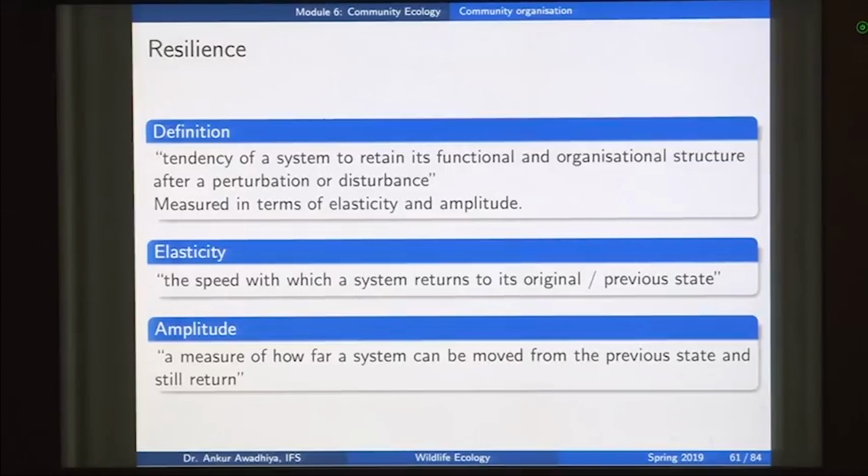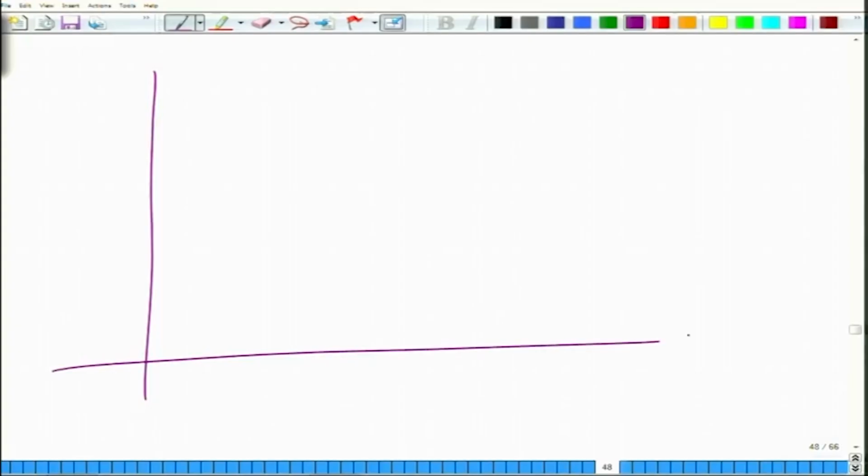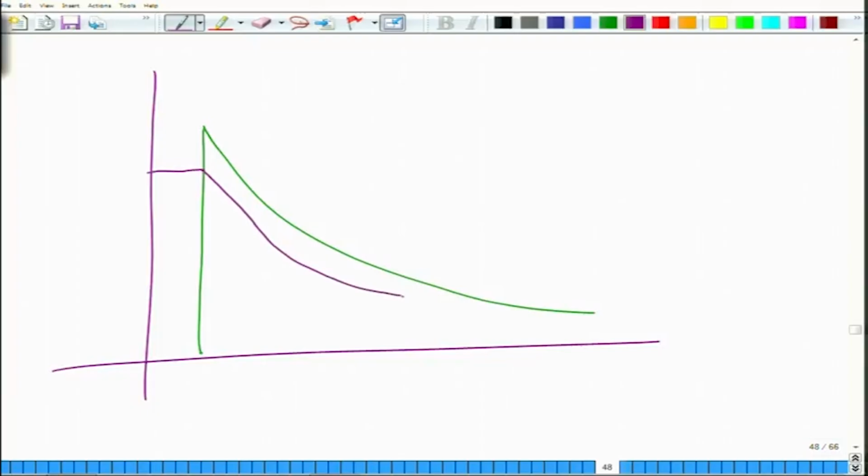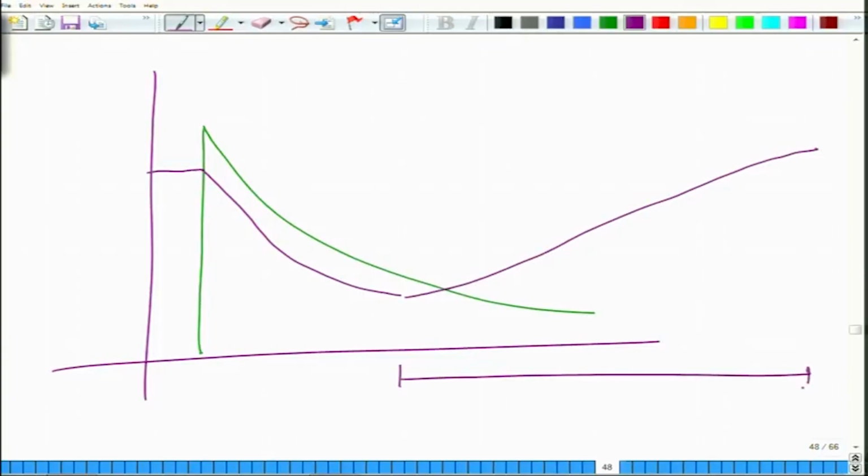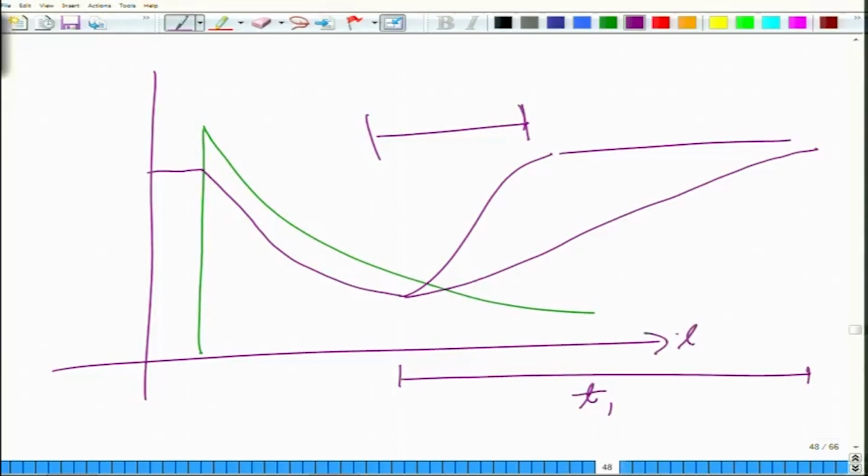So, for instance, for the community, you gave it a nutrient spike, and because of that the amount of biodiversity reduced. Let us say the biodiversity was this much, and then it reduced, and then after a while it was coming back to normal. Now, the question is, how fast will this come back to normal? Does it take this much time, or is it able to come back very quickly? So, here you have time and here you have the parameter,